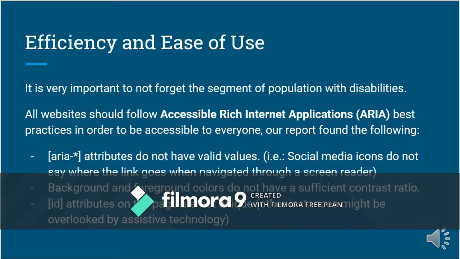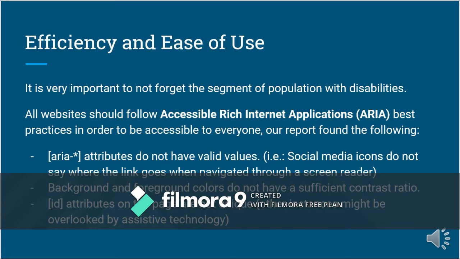ARIA attributes are a special type of attribute incorporated in HTML5 and CSS3 that helps the screen reader dictate a description when an alternative text property is not included.